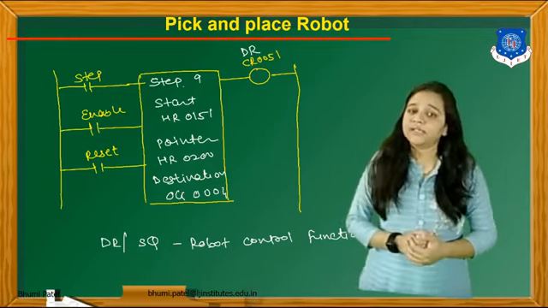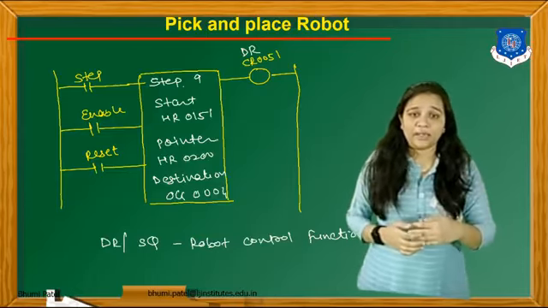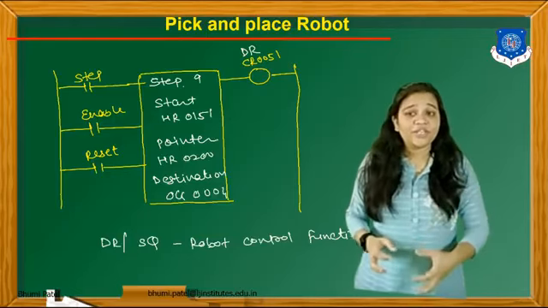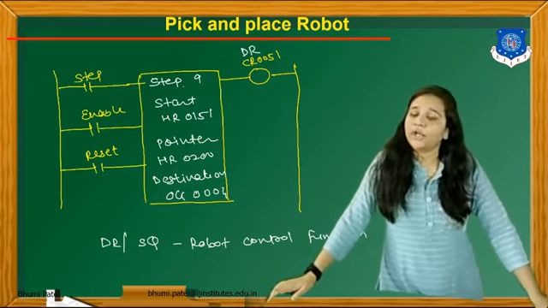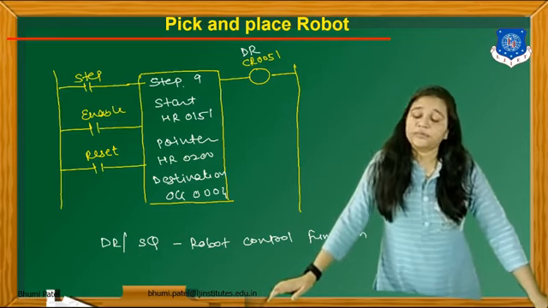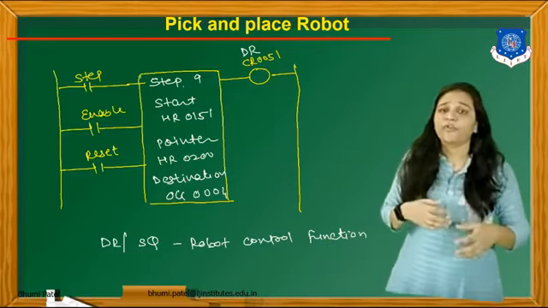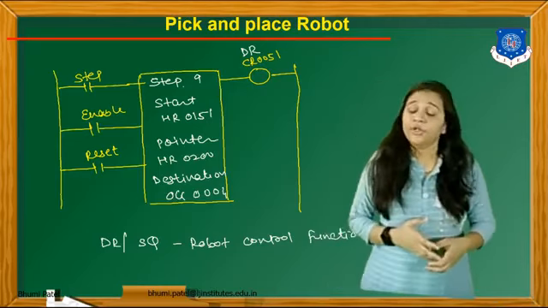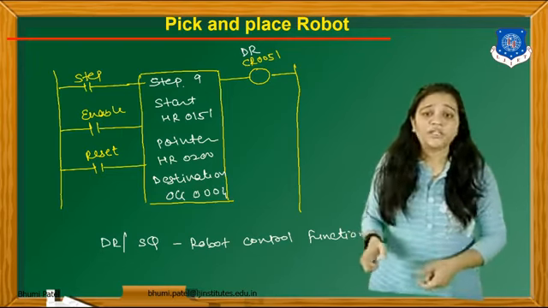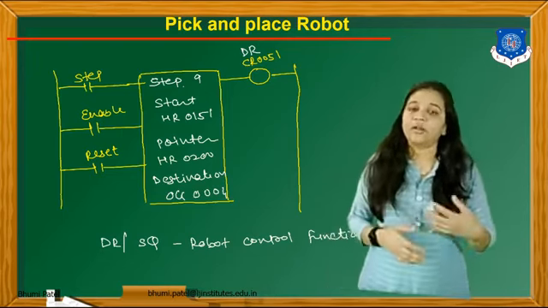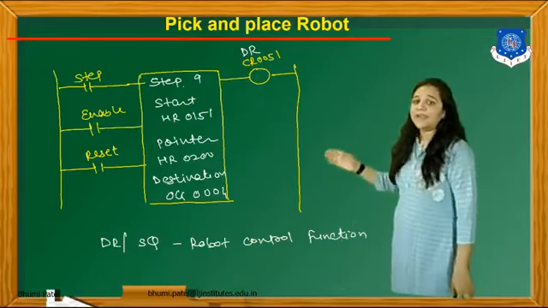Okay, now what is the application of the pointer? As you remember, when we see the program, the pointer indicates which rung will be executed at the present state. Here only 9 rungs are there, so there is no big problem. But if we deal with 100 or 200 lines for this particular pick and place robot, the pointer indicates which rung will be executed at the present condition, and after that which command will be executed. And the next one is the destination.